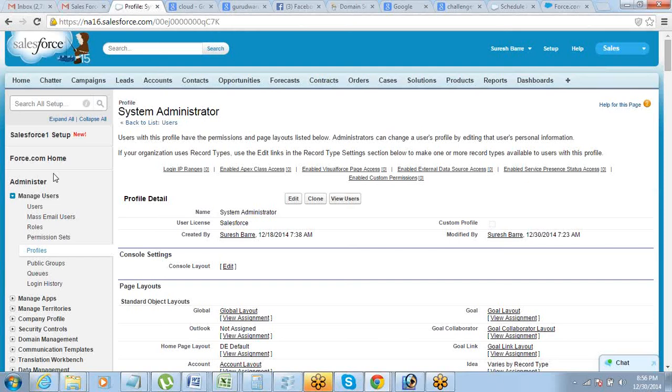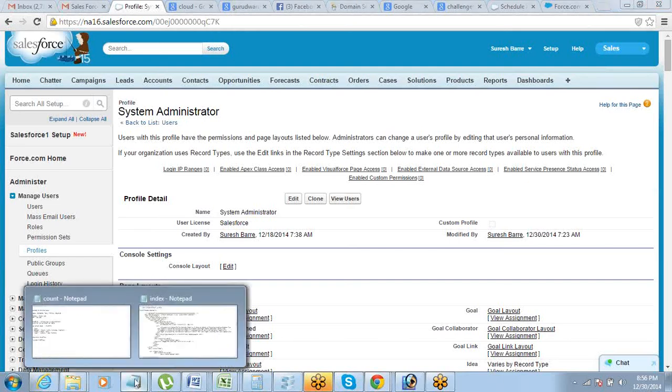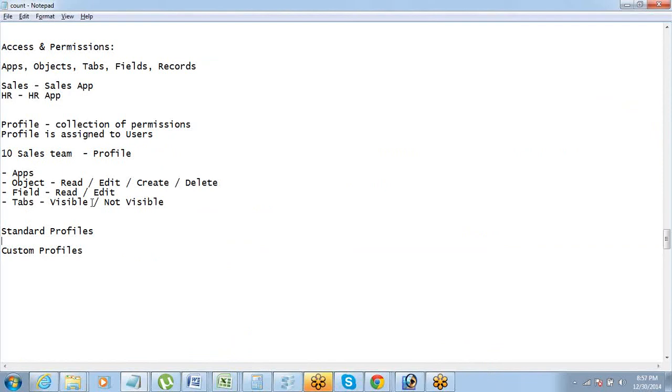Ankit, that actually comes under the role part here. That's not a profile part, it is something which is not yet discussed. So let's keep that there, because profile can be given one only.